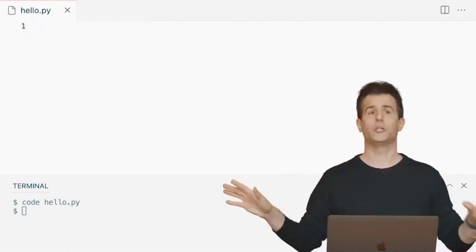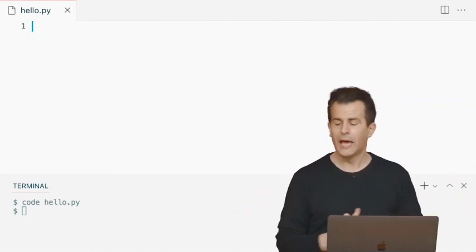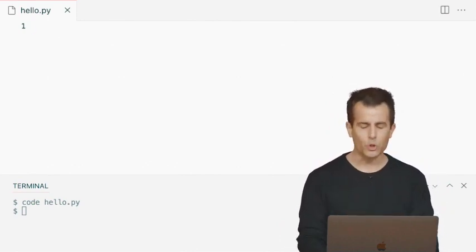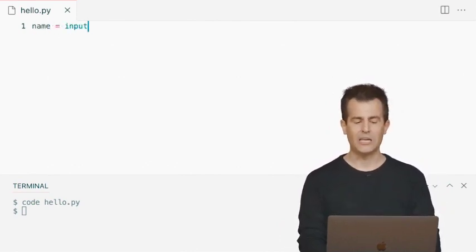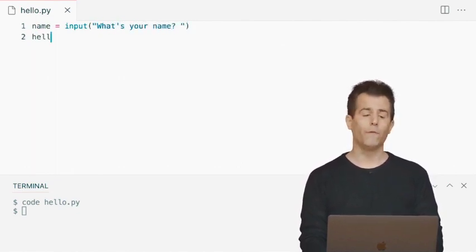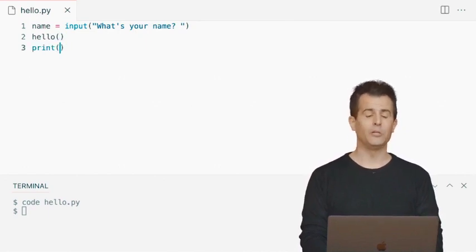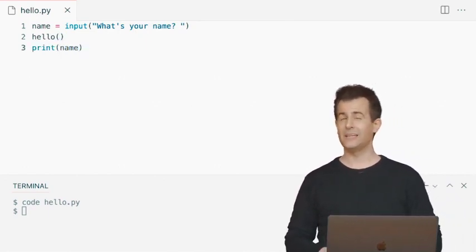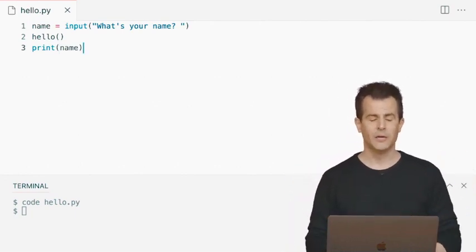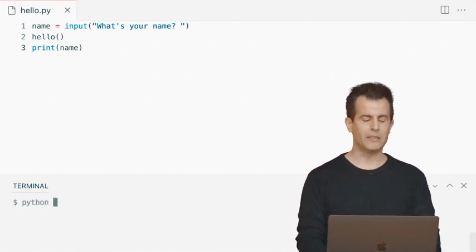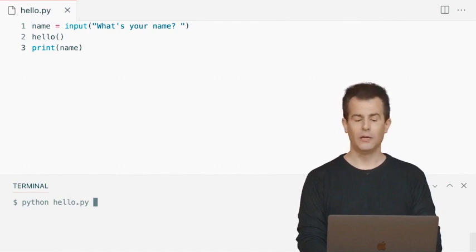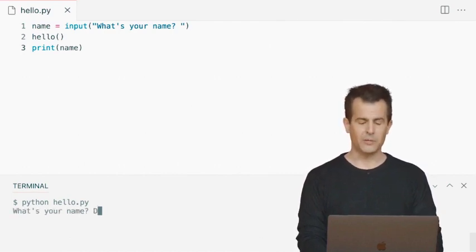So I'm going to start from scratch here. I'm going to delete all of my code from earlier, and pretend for the moment that a function called hello exists. I'm going to do just as I did before. I'm going to get the user's name with the input function, asking what's your name, question mark. And now I'm going to call a function hello, and then I'm going to print out the user's name. Now, I will admit hello doesn't exist, so bad things are about to happen. But let's see what. Let me go down to my terminal window and run python hello.py. I think the first line is going to be OK, because that worked before. And indeed, it's prompting me for my name. So let me type in David.